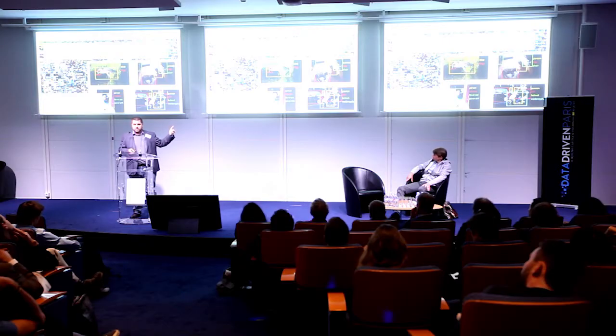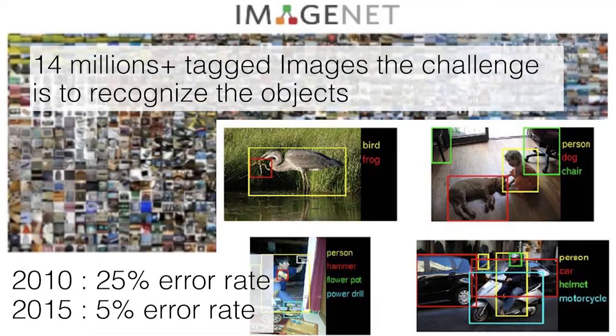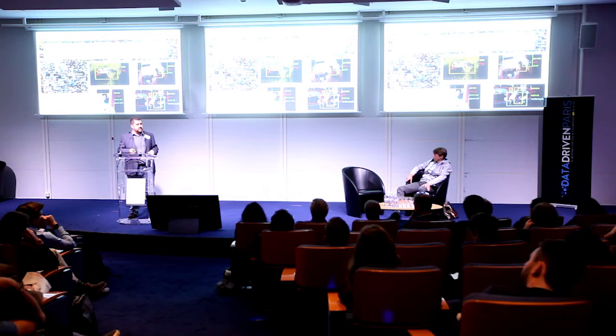Another example I really like, because it has tremendous impact on the research field, is ImageNet. ImageNet today is more than 40 million tagged images. And for more than 1 million of them, you also have bounding boxes saying, this is a bird, this is a frog, this is a kid, this is a chair. The goal of the challenge is object recognition. Back in 2010, without neural networks, the error rate of the first contender was 25%. In 2015, it was